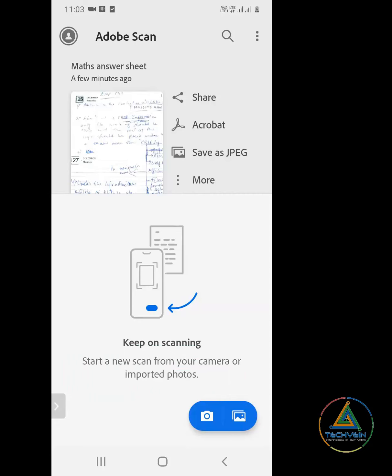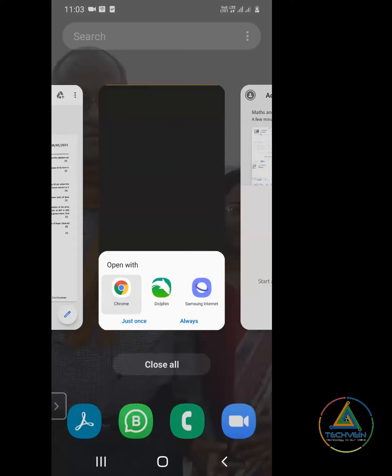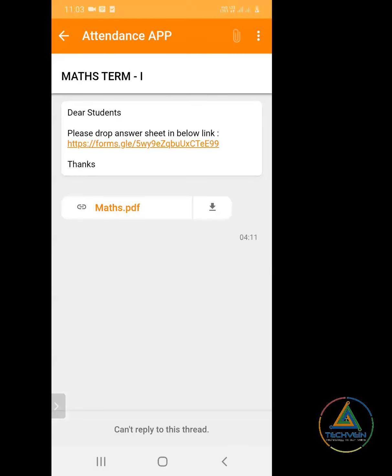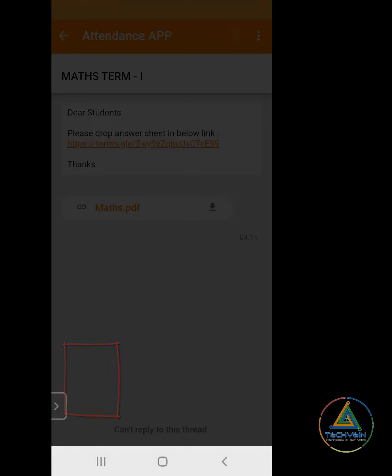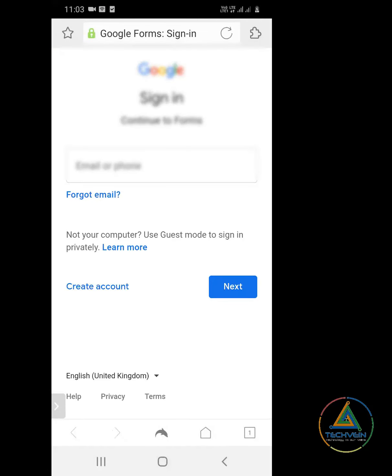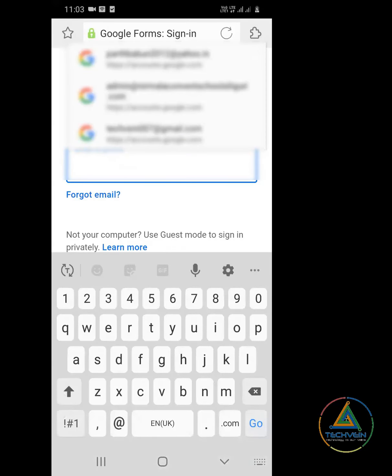So once done, you move back to your mobile app to submit this PDF file. Click on the given link, open it in any browser. If it's not signed in, it will ask for a sign in.